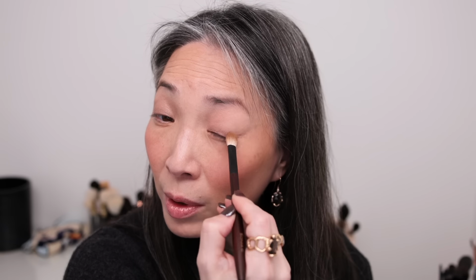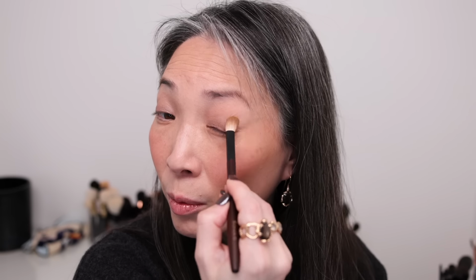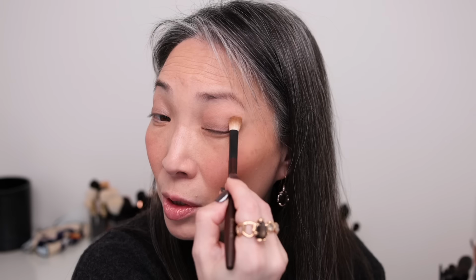Or sometimes you never know. Sometimes it's the brush. Sometimes it's if I'm putting it over something that it doesn't like. But yeah, this is working out pretty well. This is such a great one and done shadow. Soft matte, taupe, neutral. And then I think I'm going to use, because I kind of forgot I had this,